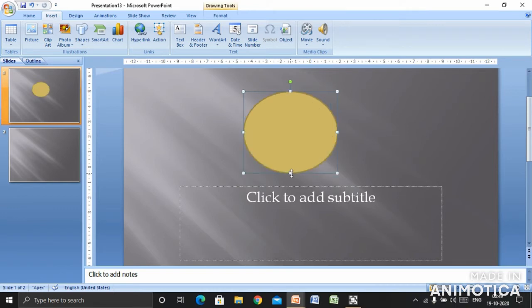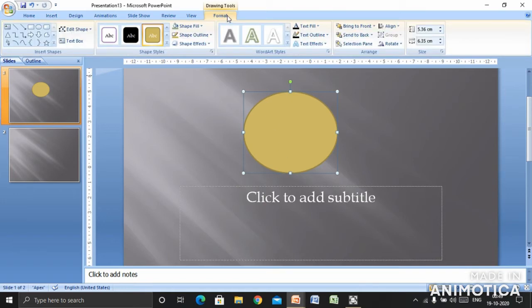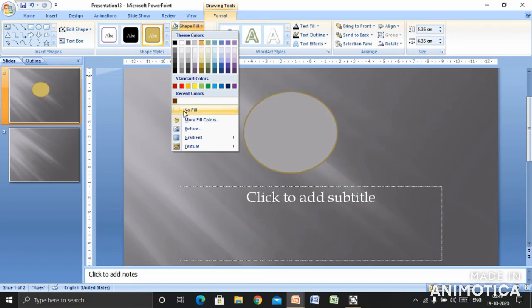Now this shape I have selected, and I want to fill this shape. What I'll do is go to the format tab. From the format tab, in the shape styles group, you will get shape fill effect. Click on this, then here you will get these standard colors.